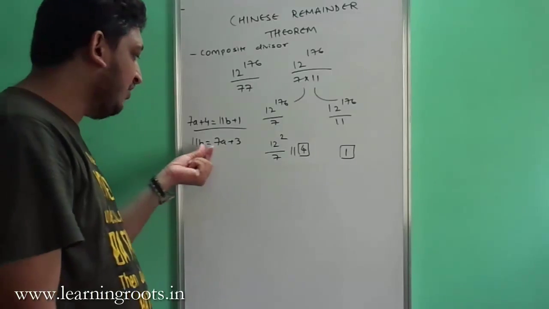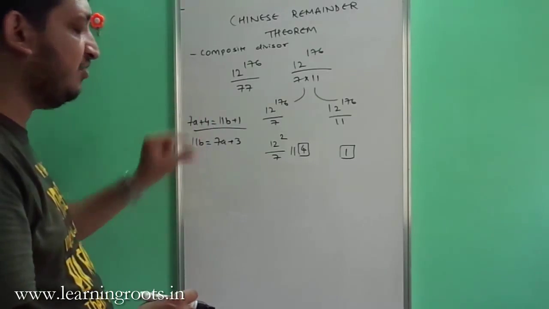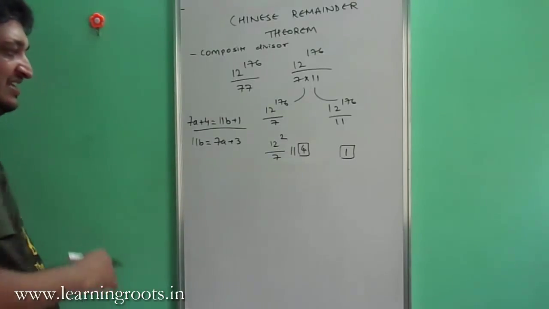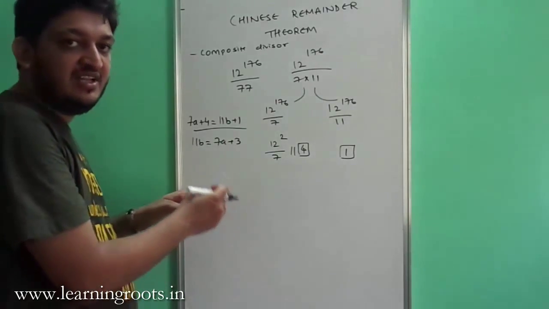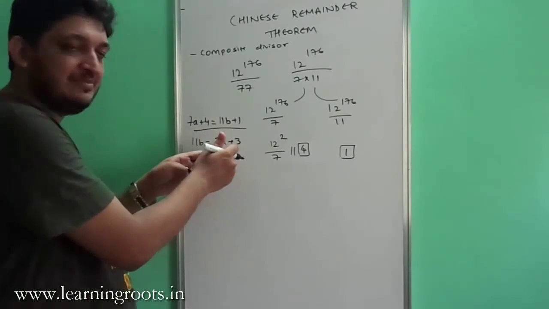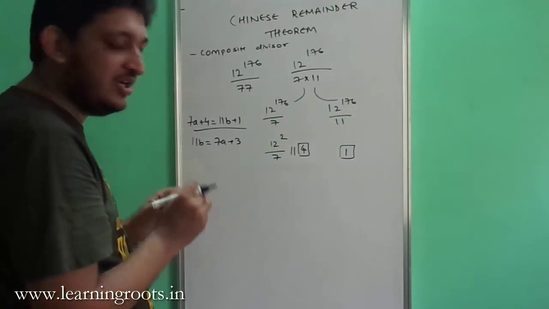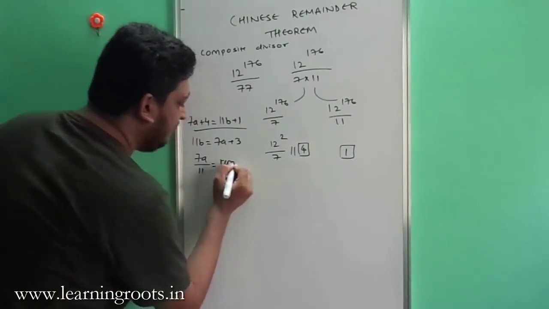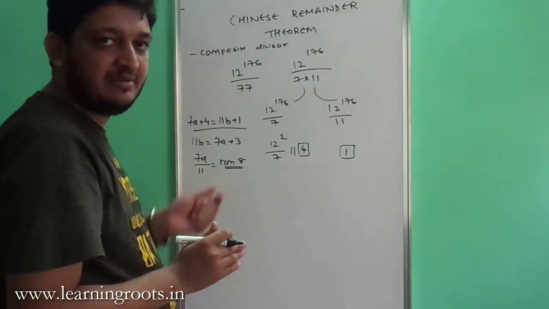Then we will try to find which values of a and b suit this equation and give us the minimum value of 7a plus 4 or 11b plus 1. If 7a plus 3 is on the RHS and the LHS is in the form of 11b, then 7a plus 3 has to be completely divisible by 11 because b is an integer. It means that 7a mod 11 will always give a remainder of 8, because the remainder of 8 here and the remainder of 3 here will club to form 11, and then it will be divisible by 11b.